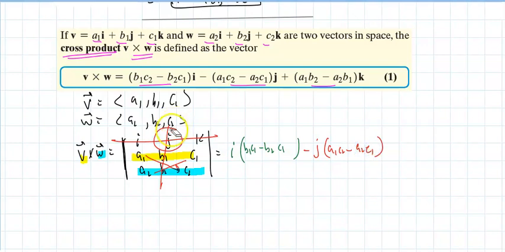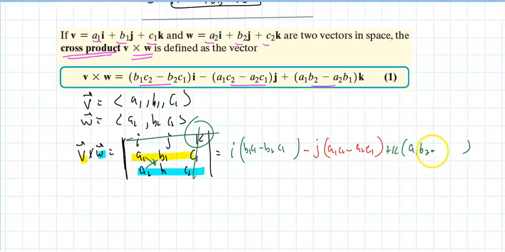And if I go for the K cross, A1, B2 minus A2, B1,